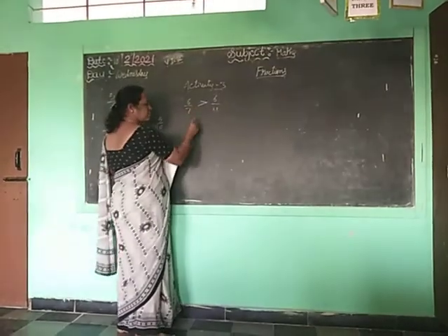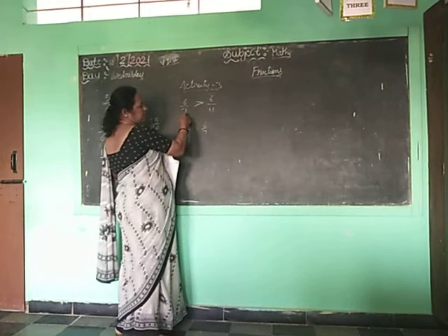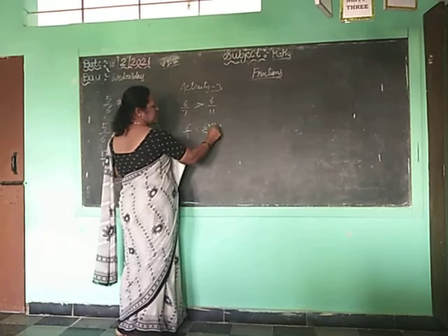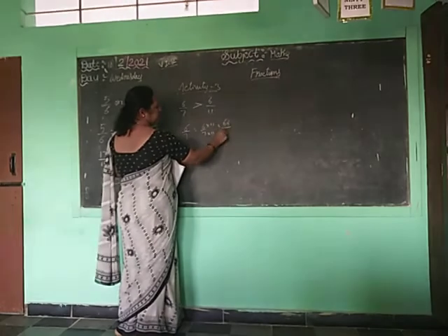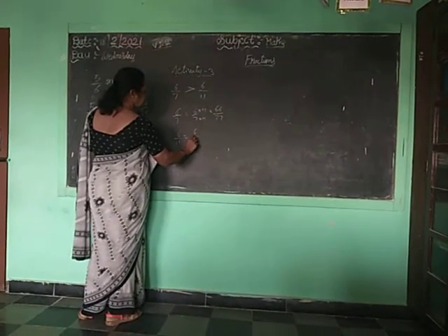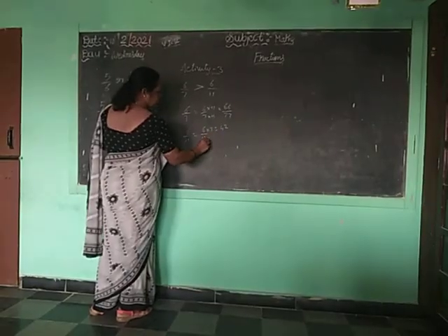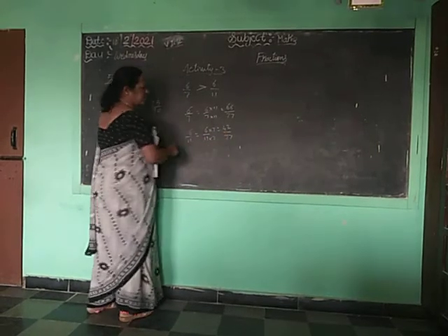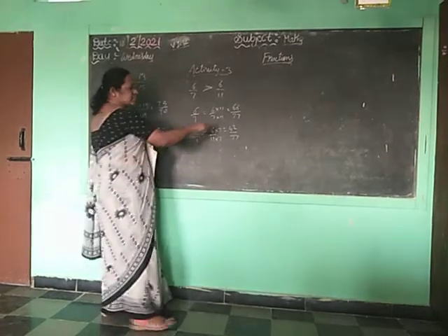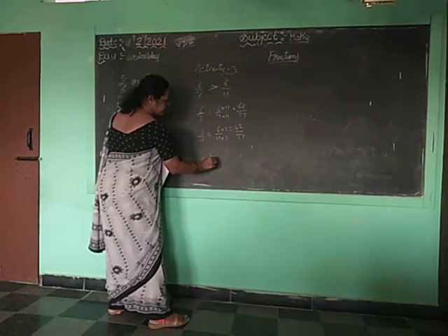If you want to clarify, you can clarify. 6 by 7 fraction, multiply with the other fraction's denominator 11. So how much? 6 elevens are 66, 11 sevens are 77. Okay. So next, 6 by 11 fraction, multiply with the other fraction's denominator 7. 6 sevens are 42, 11 sevens are 77. See, the denominators are common. So is 66 greater or is 42 greater? 66 is greater. So which fraction is that? 6 by 7. So 42 by 77 is 6 by 11.